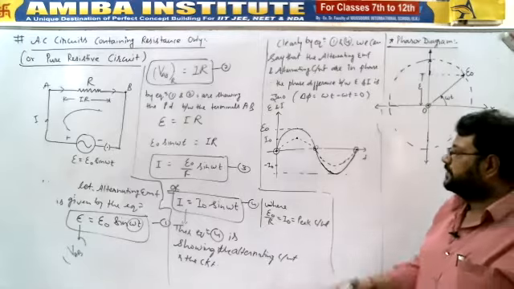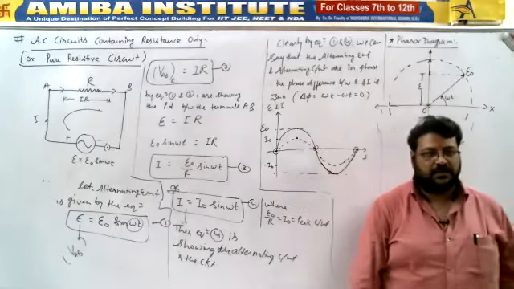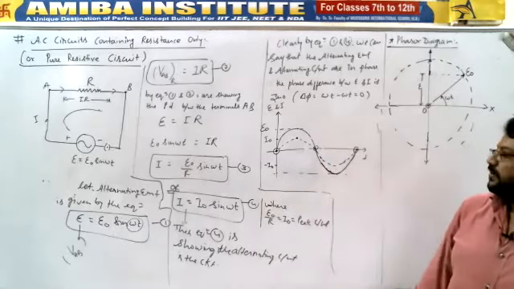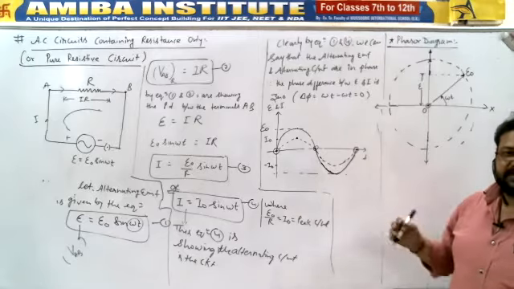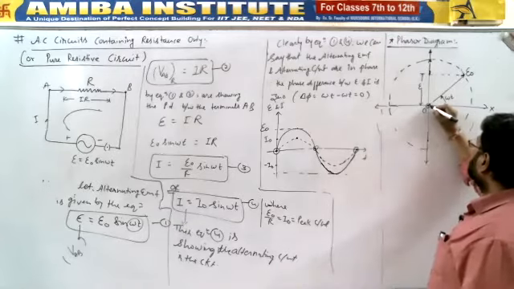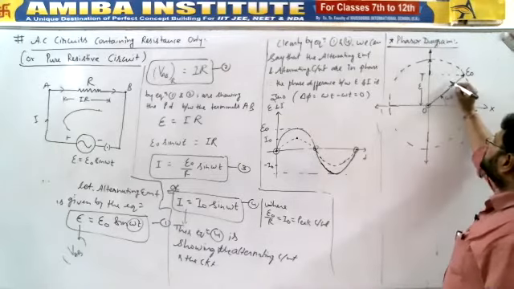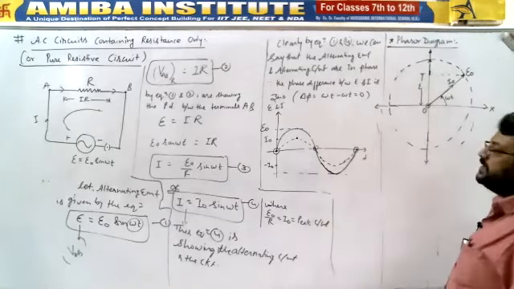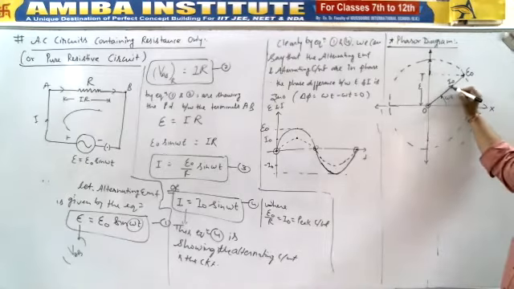Now we need to draw the phasor diagram for I as well. Since the value of I naught is lesser than E naught, but they are in phase. In phase means having the same angles. So I is also making the same angle omega t at instant t. But its peak value should be lesser than E naught. So that's why we have taken the arrow till here.